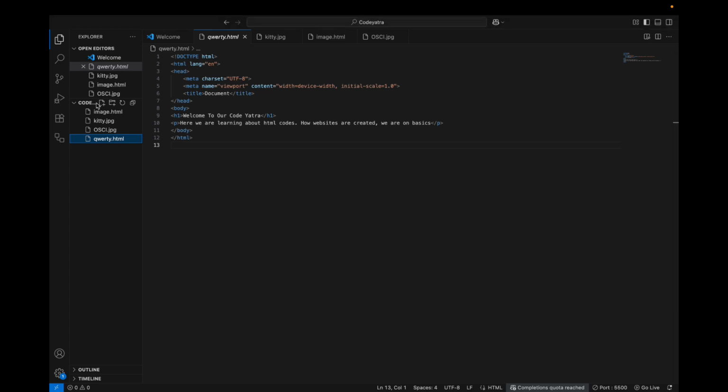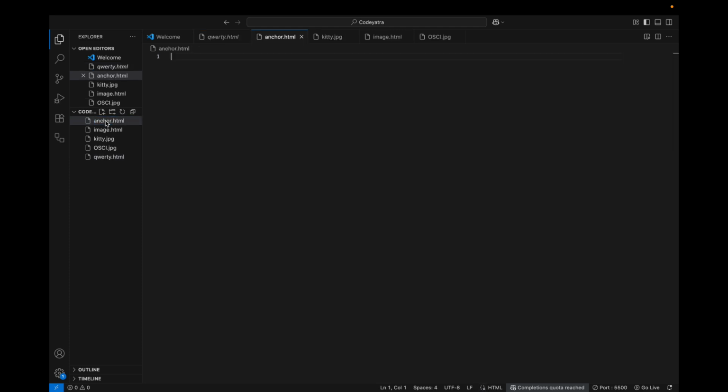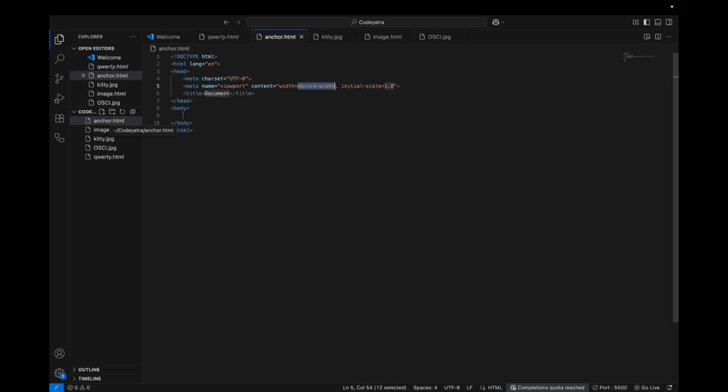Today we will learn how to add links to any type of text or an image. So let's get started. I'll name a file anchor.html and generate the boilerplate code. Here change the title as add links, and